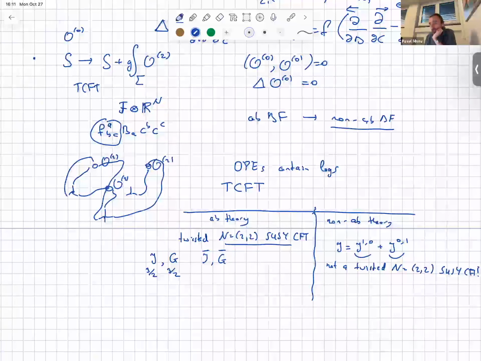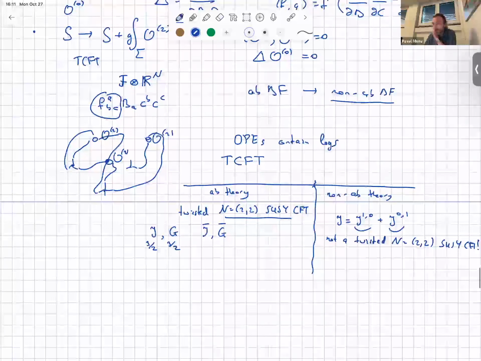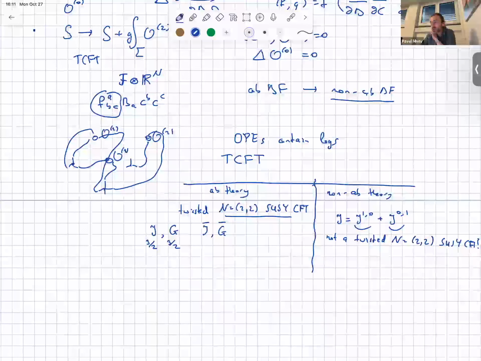So I said some of the things that I planned to say, but essentially maybe the big point of this discussion is that these are examples of CFTs where a lot of things can be computed explicitly. So it's just a playground for various constructions of CFT and TCFT. Maybe let me just mention one more thing which I did not have time to explain,